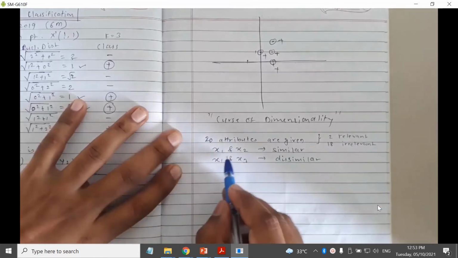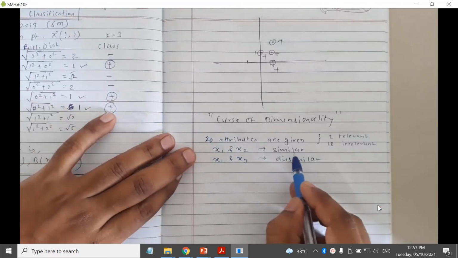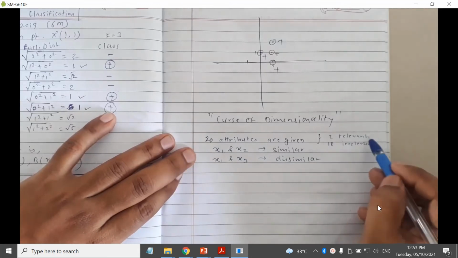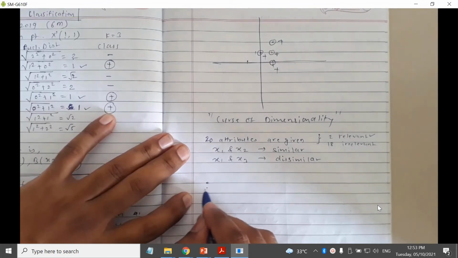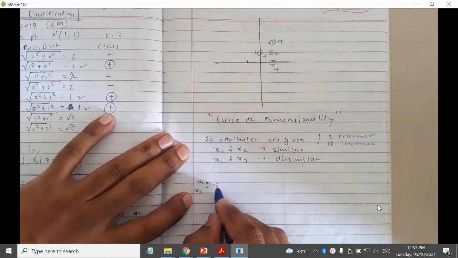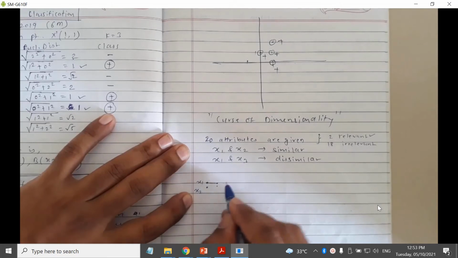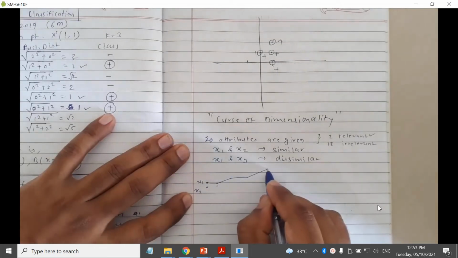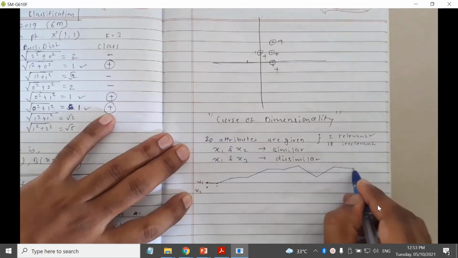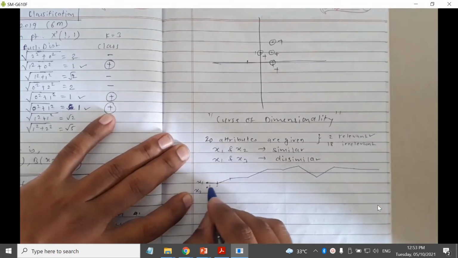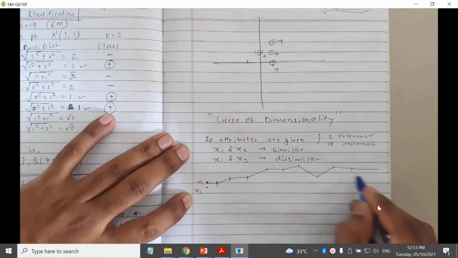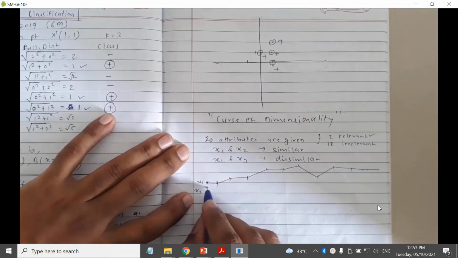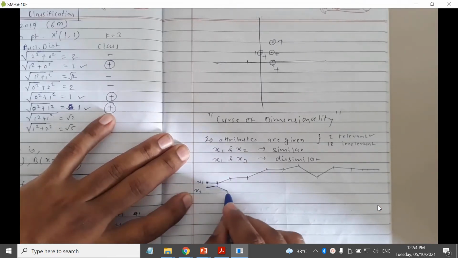Okay, so when we are saying x1 and x2 are similar, that means they will have very close values for these two relevant features. I can show you if I plot these values. Let's say this is x1 values, x2 values, for the relevant values. So I may have a graph like this. This is my first feature, second feature, third feature, fourth, fifth, sixth, seventh, eighth, ninth, 10th, and so on. And these are the readings.